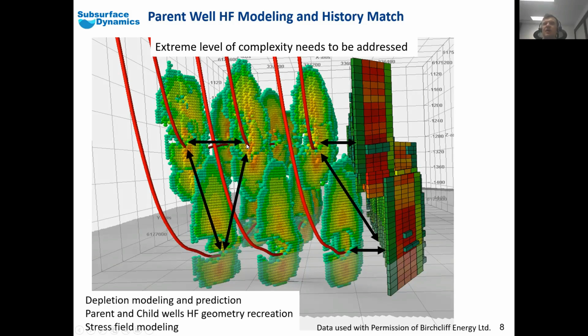Then we need to account for the interaction between the depletion and the second bench fracs. Then we need to take into account the well-to-well interaction. Then we need to take into account bench-to-bench interaction. And on top of that, we also need to take into account stage-to-stage interaction between the fracs, because all those components will be extremely important when we're talking about completion optimization. So the process itself is extremely complex, and that's why we